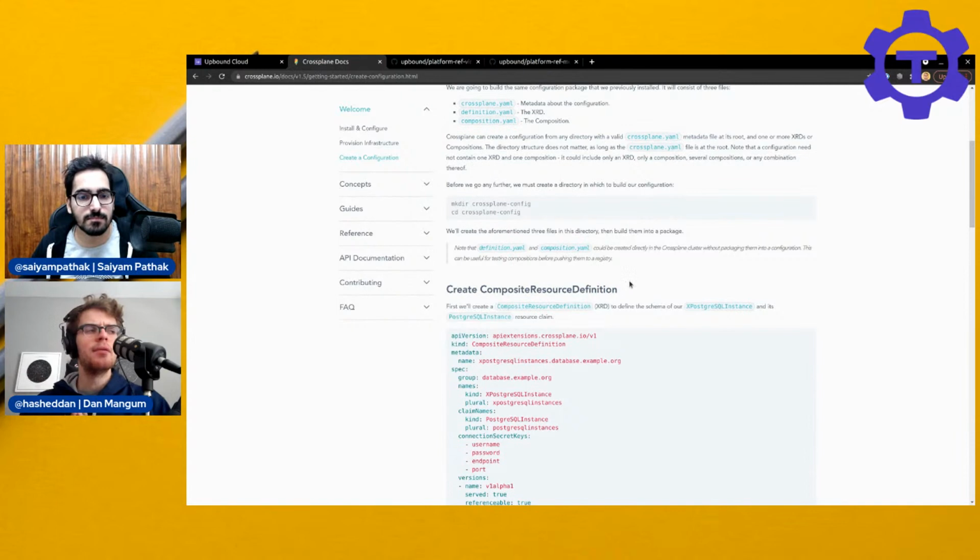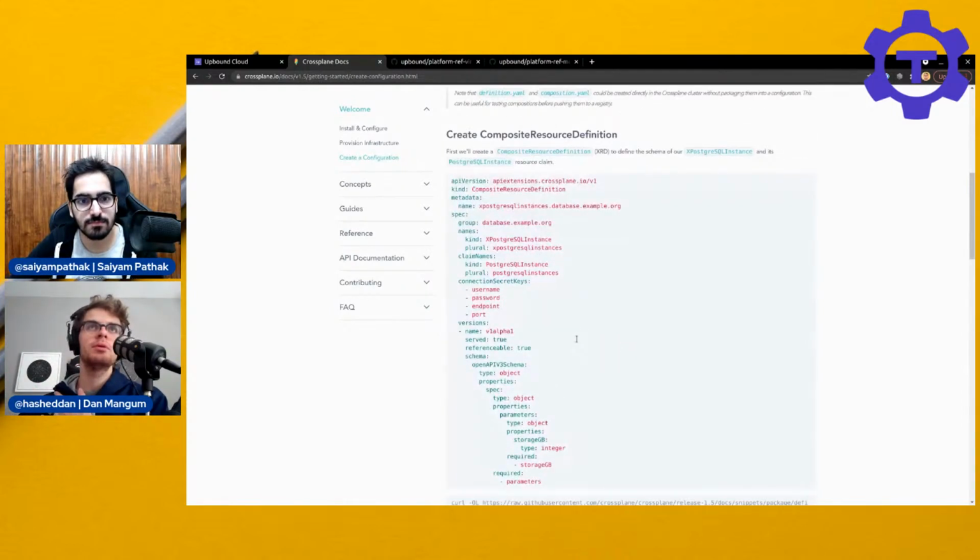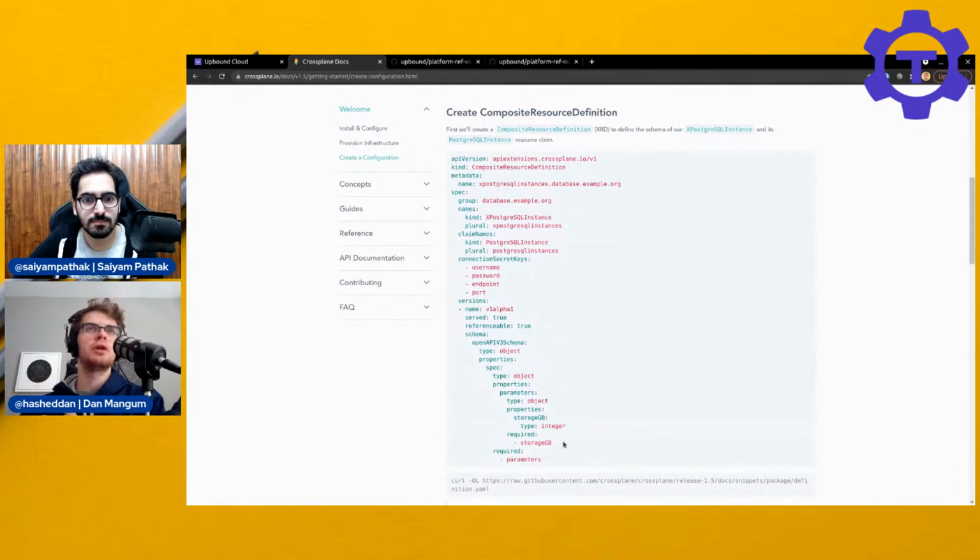Right. So the end state we got to there was we were able to create a Postgres instance with the same API, and it could go to any cloud provider. So essentially what we need to do is two main things, right? We need to define what that generic Postgres instance API is, and we need to define the mappings from that generic API to the concrete APIs for each of the providers. Typically, and you can go in any order that you like, the first thing you're going to want to do is